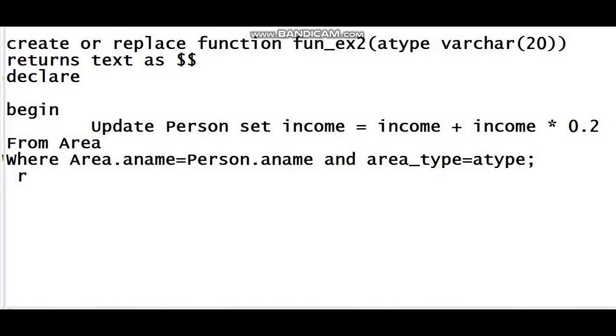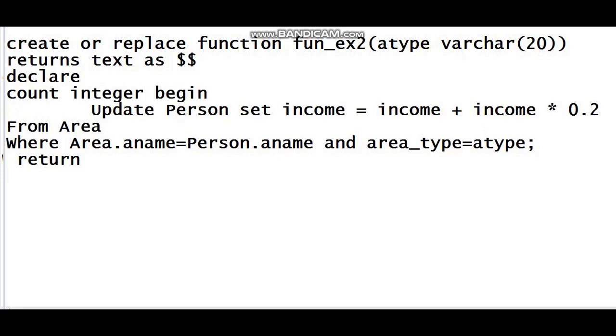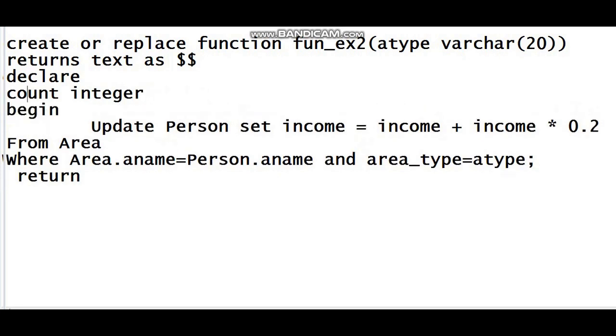Then here suppose we can type return, or here we can declare one variable count. It is of type integer, we are initializing it with 0.